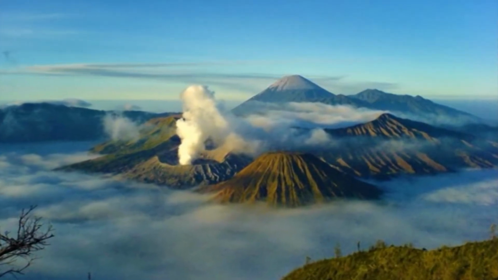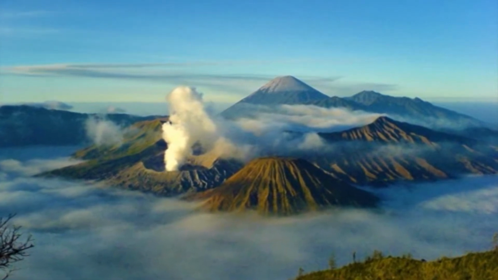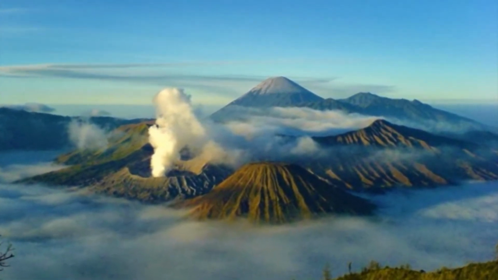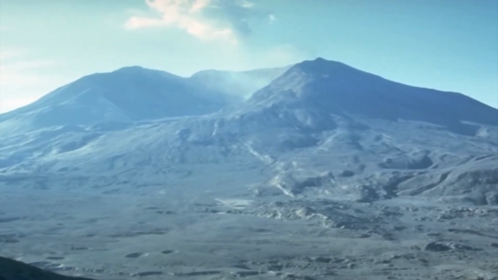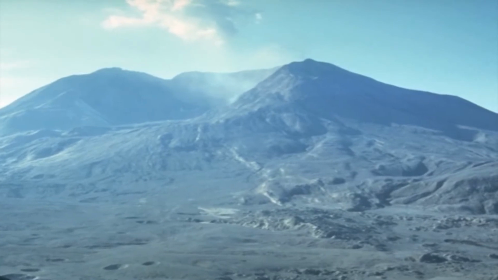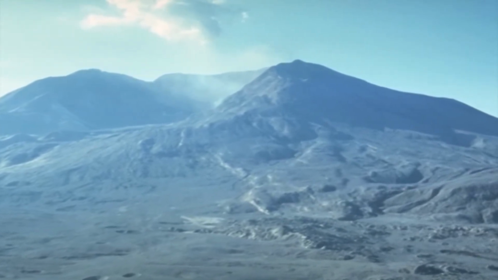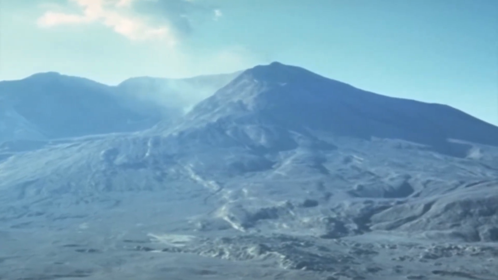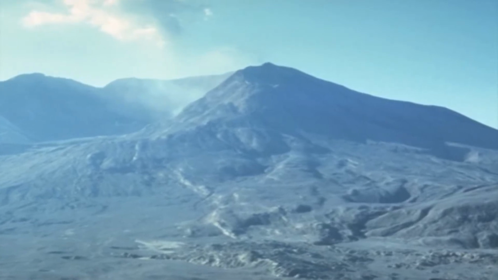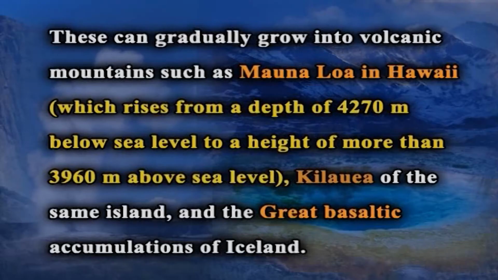Such piling up of eruptive material can take place around volcanic vents producing cinder cones, such as Vesuvius near Naples in Italy or elsewhere, producing volcanic mountains. It can also flow out at the surface and consolidate in the form of a broad, gently sloping, flat-topped volcanic dome, usually several tens or hundreds of square kilometers in extent, being chiefly built of overlapping and interfingering basaltic lava flows, a volcanic shield. These can gradually grow into volcanic mountains such as Mauna Loa in Hawaii, which rises from a